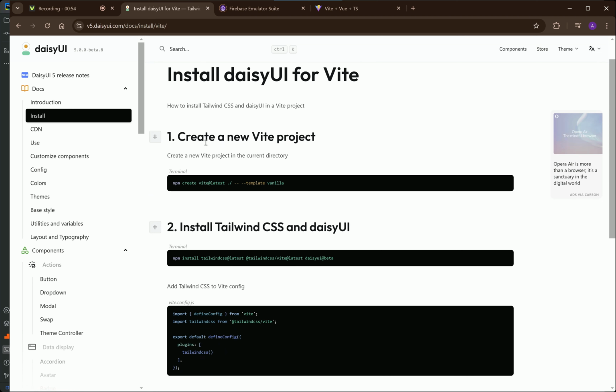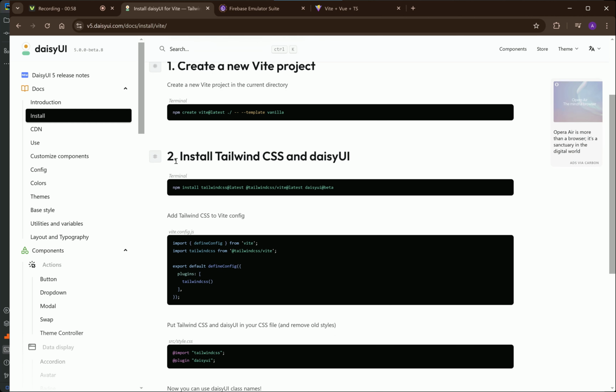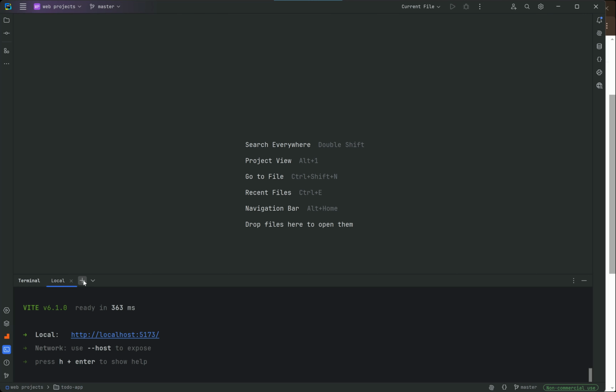So we already completed step 1, where we create our new Vite project. So I'm going to move on to step 2, and we're using PNPM. So I'm just going to modify this a bit. I'm going to go ahead and copy just this section here, and then I'm going to go back to my app and open terminal, and we're going to cd back into our to-do app,